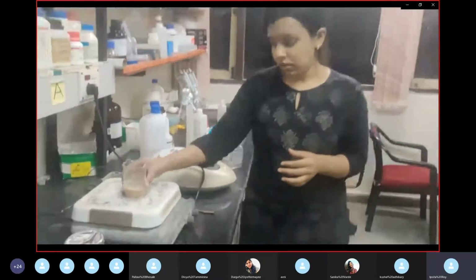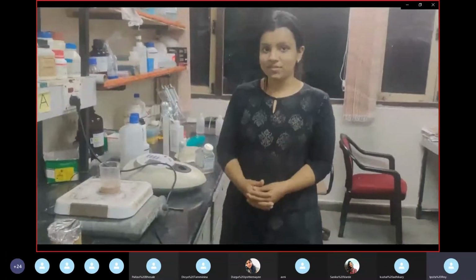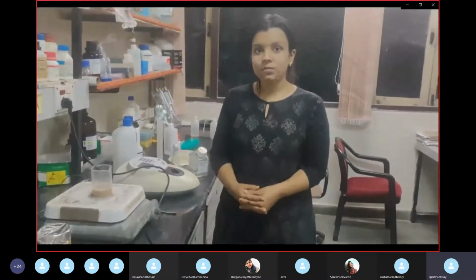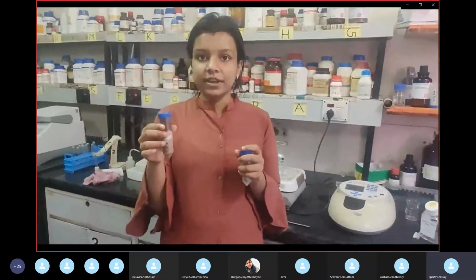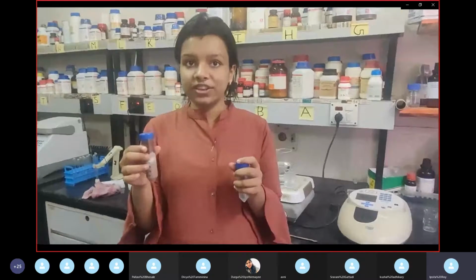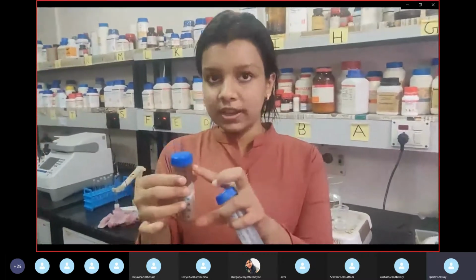magnetic stirrer. I will keep this dried wheat germ over the magnetic stirrer at 4 degrees Celsius overnight, and I will further proceed with my procedure next morning. Yesterday, I kept this wheat germ in acetate buffer overnight at 4 degrees Celsius, continuously stirring. Now I took this wheat germ in acetate buffer and transferred it into the falcon.